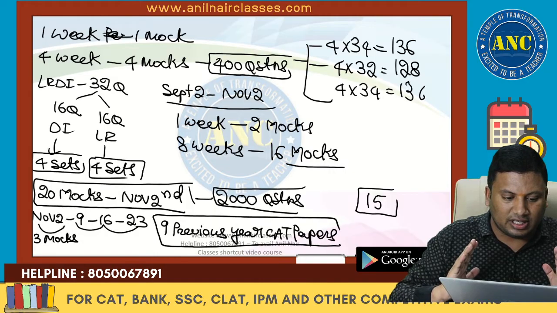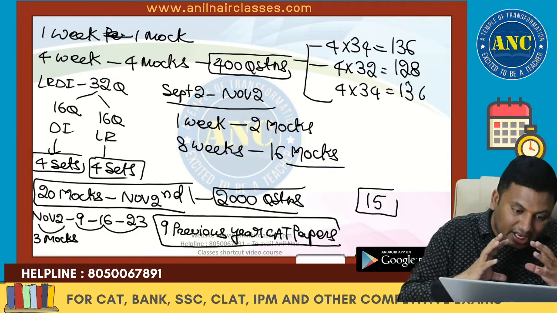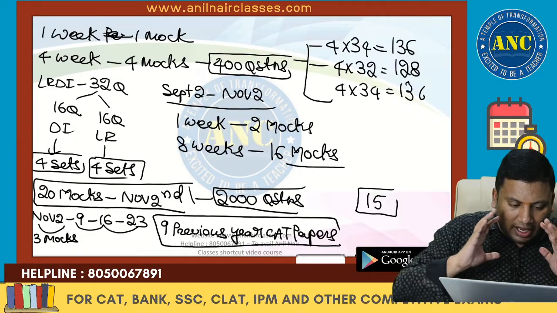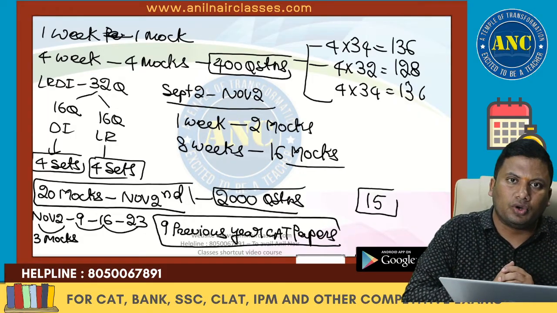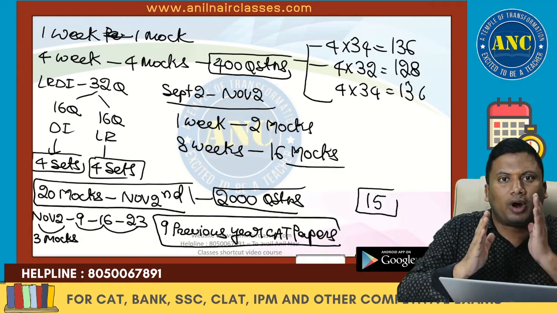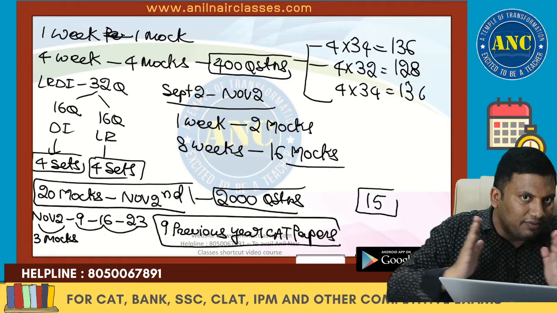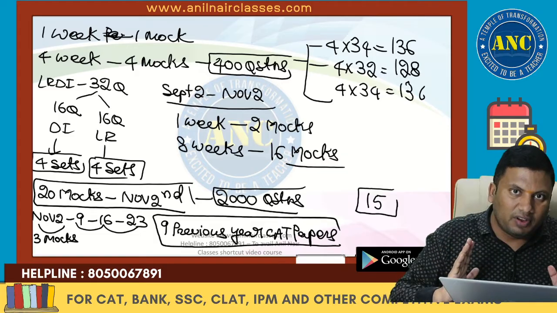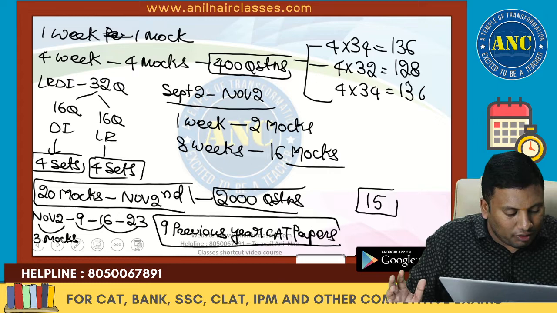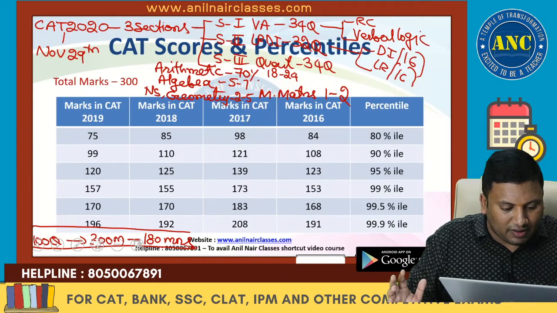Now we have seen the stamina part and the familiarity part of attempting mock papers. These mock papers you are going to do from August to September: 1 day to attempt a paper, 1 day to analyze a paper. Still we have 5 days a week. Now we will discuss what we will do in the next 5 days. But before that, let us see the scores versus percentile.